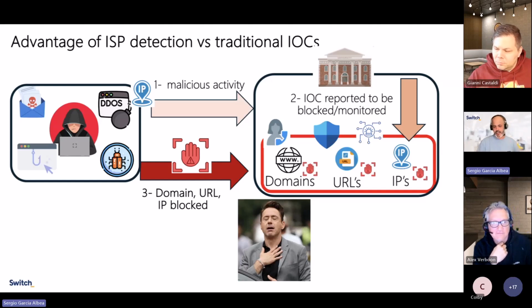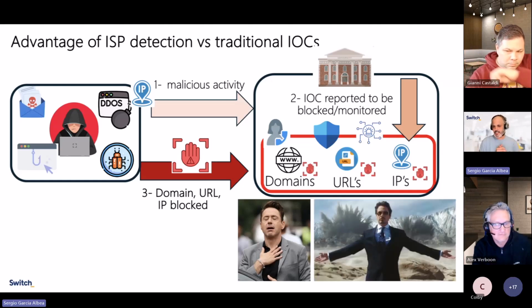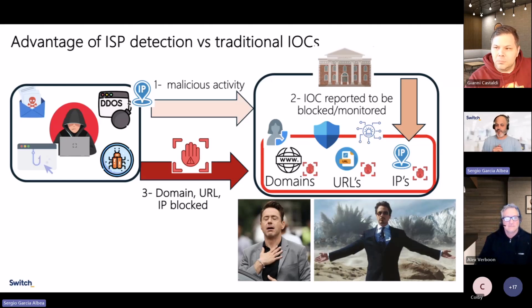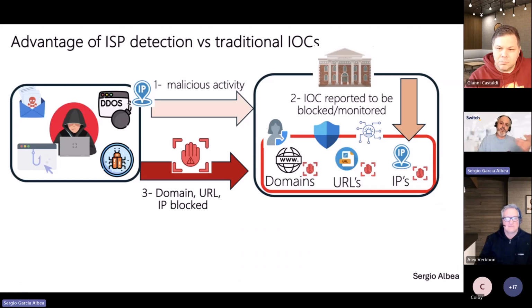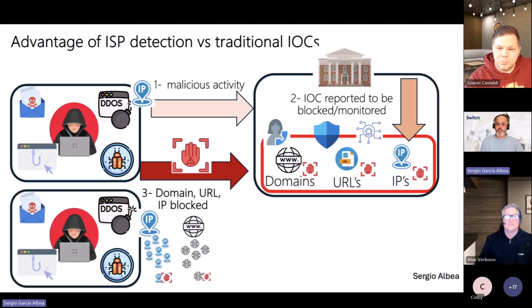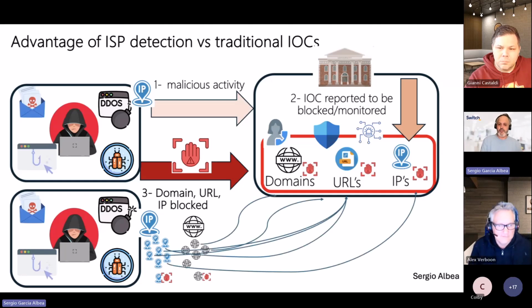But that's not the reality. The reality is that for them, you blocking an IP or a domain is nothing. Why? Because if they are using an ISP where the IPs and domains are blocked in 14 days, imagine. Or if they have multiple ones, okay, you have blocked one, but what can happen? I will trigger other attacks, and yeah, cool, you block one IP and one domain, but they have a lot of other ones.